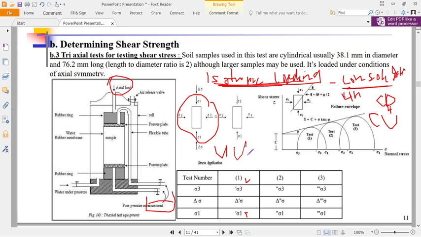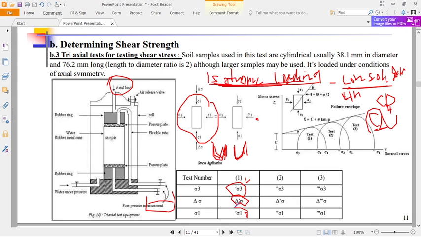So how do we do this test? We have shown the 3D condition we can do. This test is done in the way that you apply the confining stress after achieving conditions of drainage, or after full consolidation has occurred, therefore there is no more pore water coming out. Then you apply the axial compression loading. So now this is what you do here. You apply the confining stress, and if it is CD, then you also apply